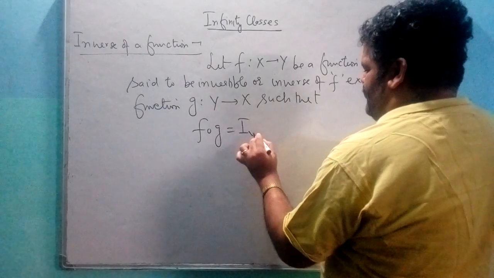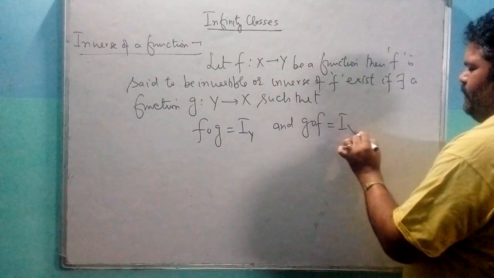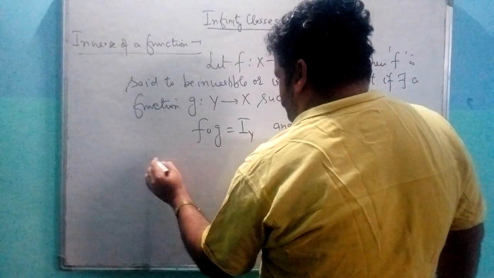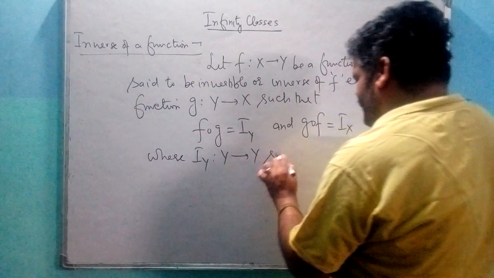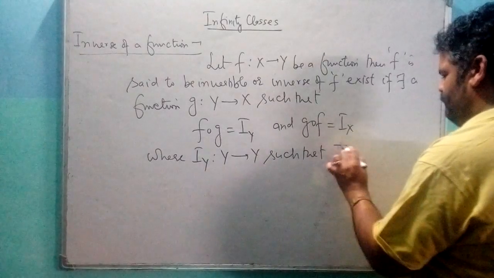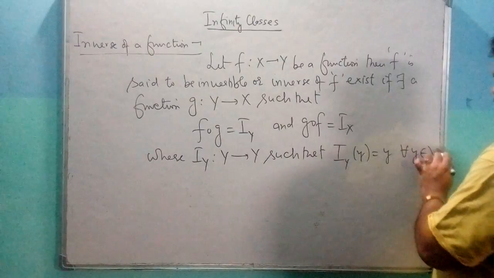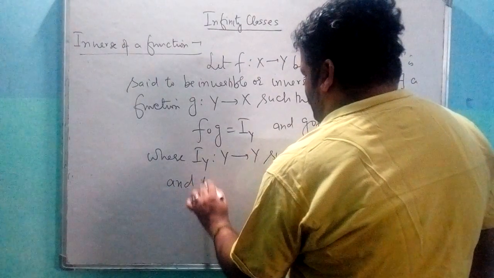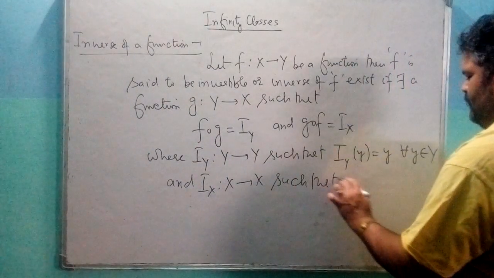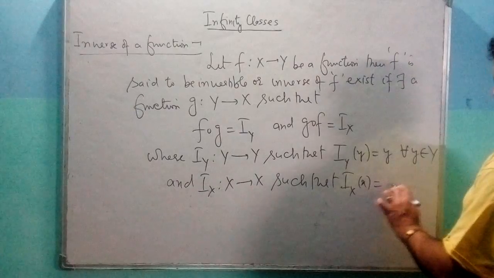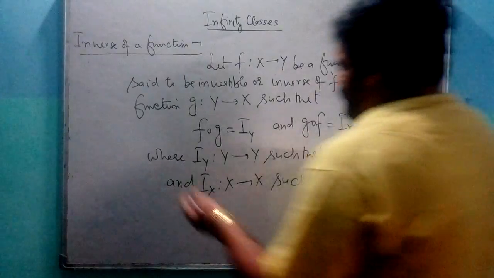is identity on Y and g of f is identity on X, where I_Y is a function from Y to Y such that I_Y of y is equal to y for all y belongs to Y, and I_X is the identity on X, a function from X to X such that I_X of x is equal to x for all x belongs to X, and this g